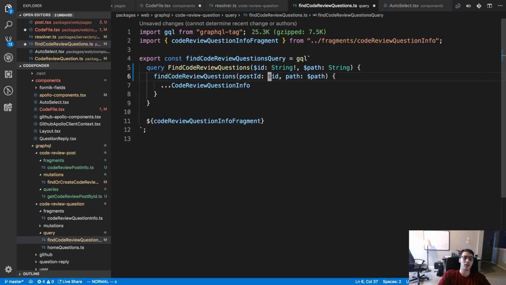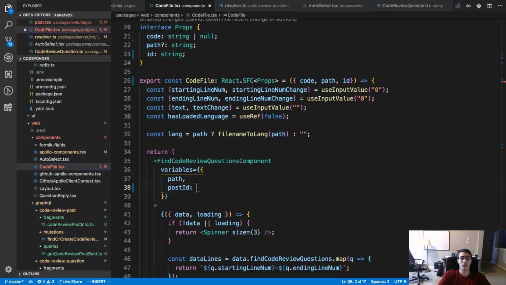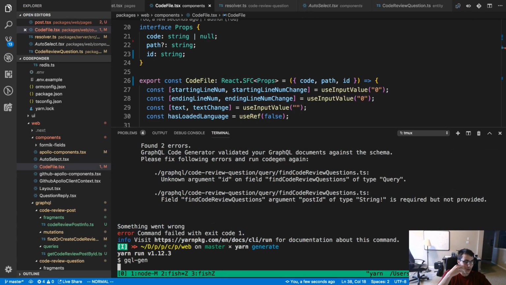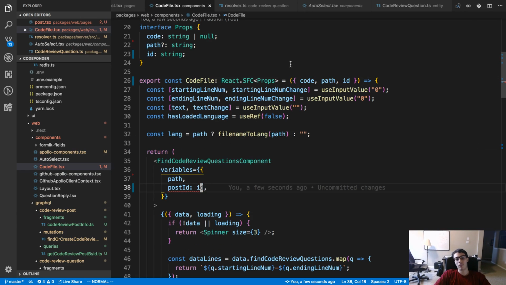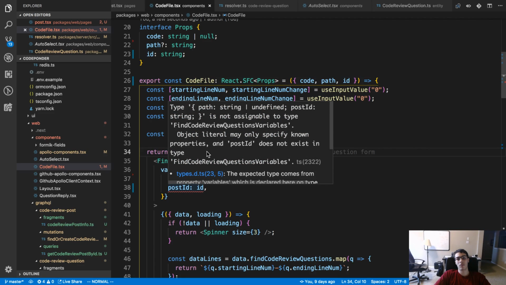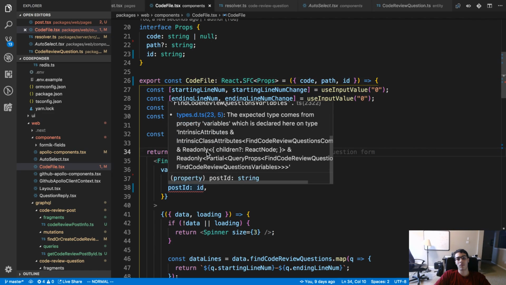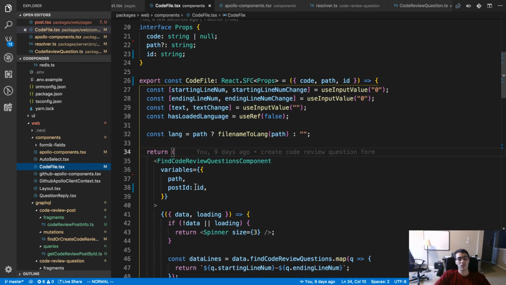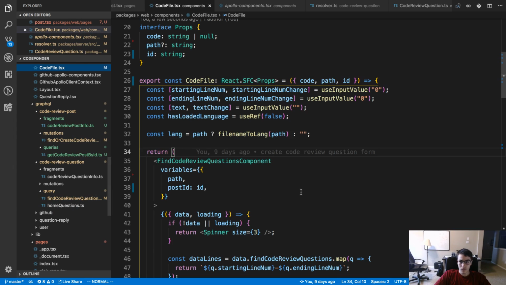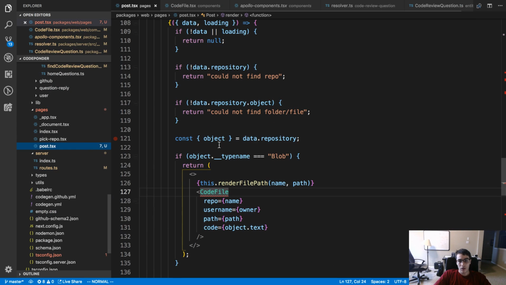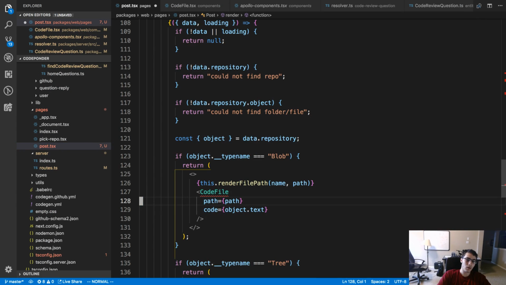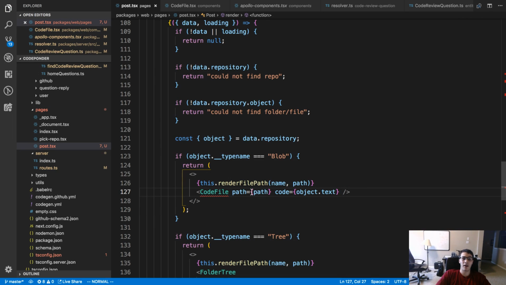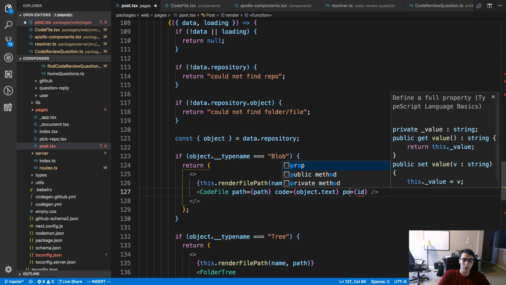So I called it post ID. Alright, so we don't have to actually pass that in now. Just the ID is what we also care about. I'm going to call it post ID here.